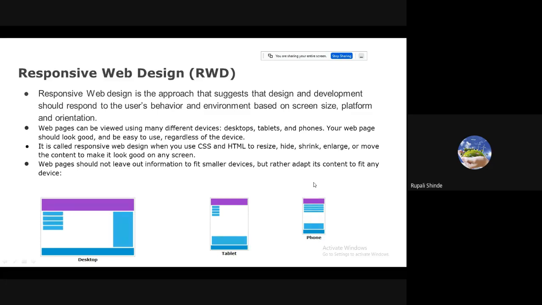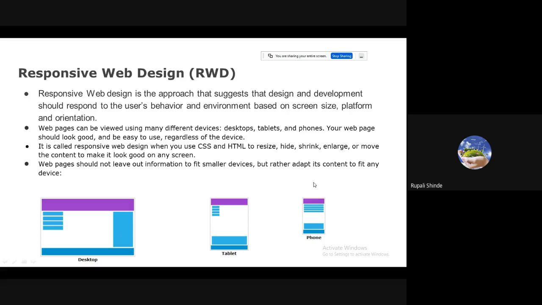Your website or web application should change, or should be flexible, according to the screen size, platform, and orientation. Web pages can be viewed using many different devices, as we have seen: desktop, tablet, and phone.